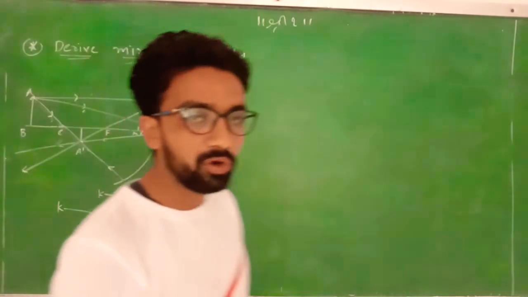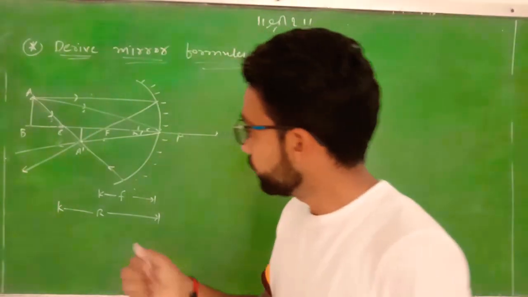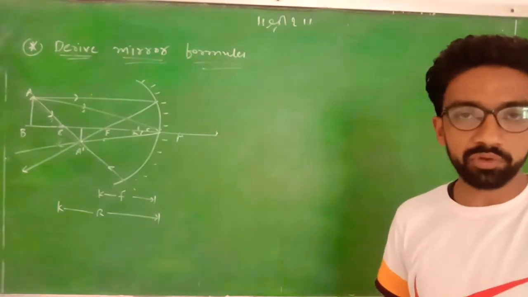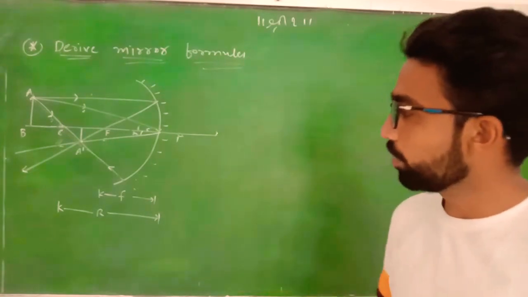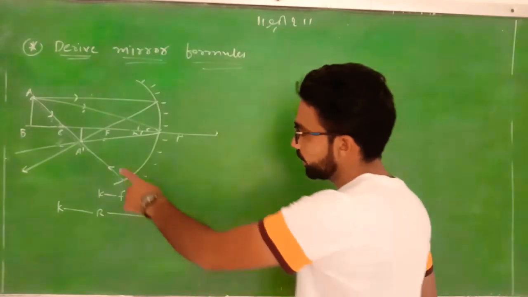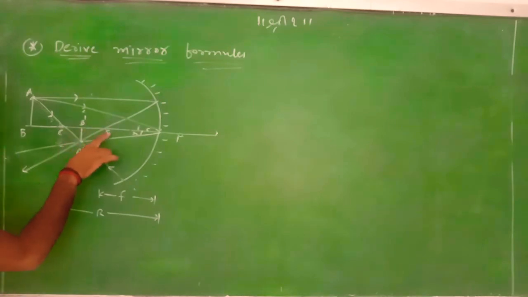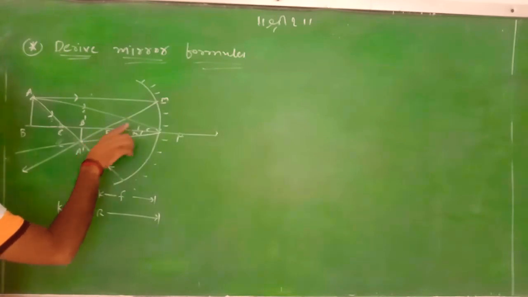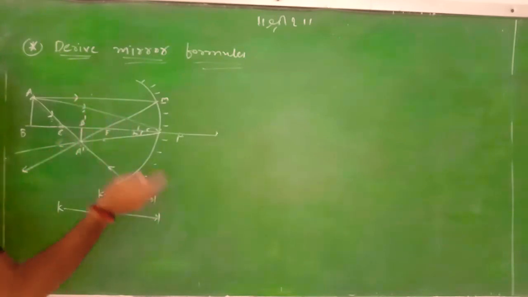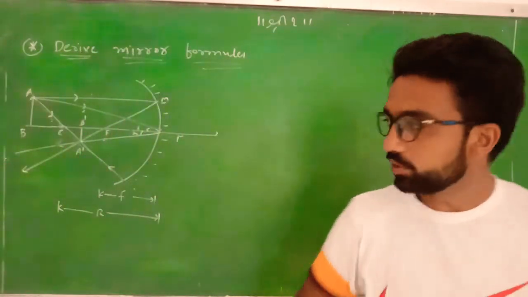So this is the most important ray diagram. From this ray diagram, you can derive the mirror formula. In your textbook, slightly different methods may be used, but here we use a different method that is easier compared to your textbooks. You can follow either one. The only difference is that in your textbooks, the triangles considered are A'B'F and MPF. Instead of that, we first consider the triangles A'B'C and ABC, and we show these similar angles.